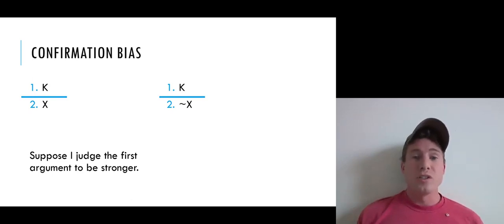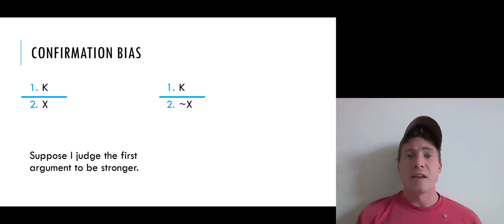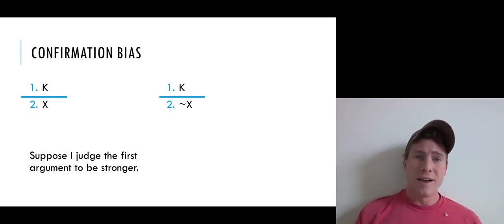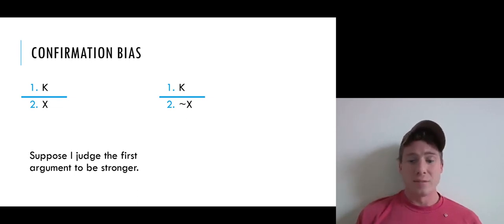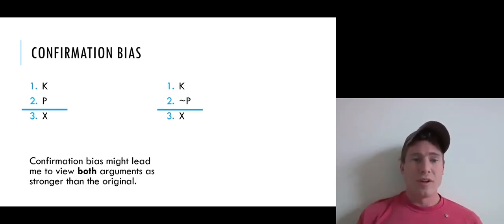There's a particularly egregious sort of confirmation bias that would go something like this. Suppose K is a proposition that represents your entire stock of current knowledge. So it's a conjunction of everything that you know, and you're considering the argument that goes from K to some proposition X, and the argument that goes from K to some proposition not X, right? And suppose that you judge the first argument to be the stronger. So that means you think the first argument has higher inductive probability than the second. That means you assign higher epistemic probability to the proposition X than to its negation not X. So you're inclined to believe proposition X, right? So you have an inclination to believe X.